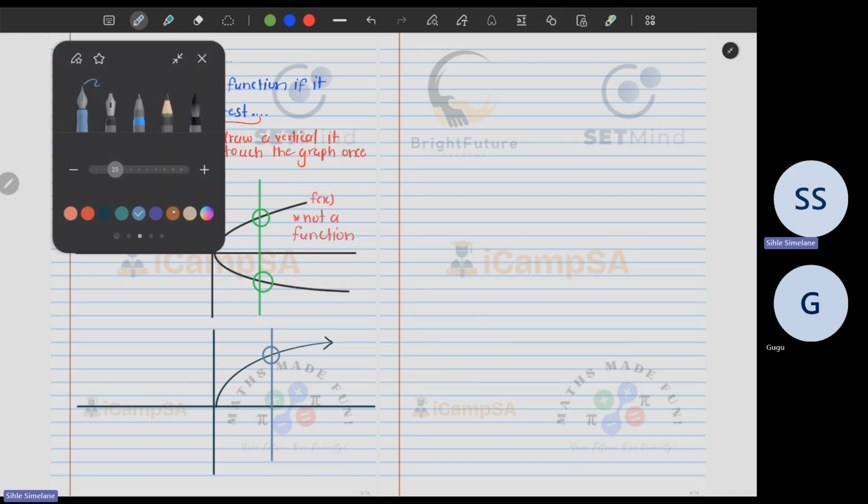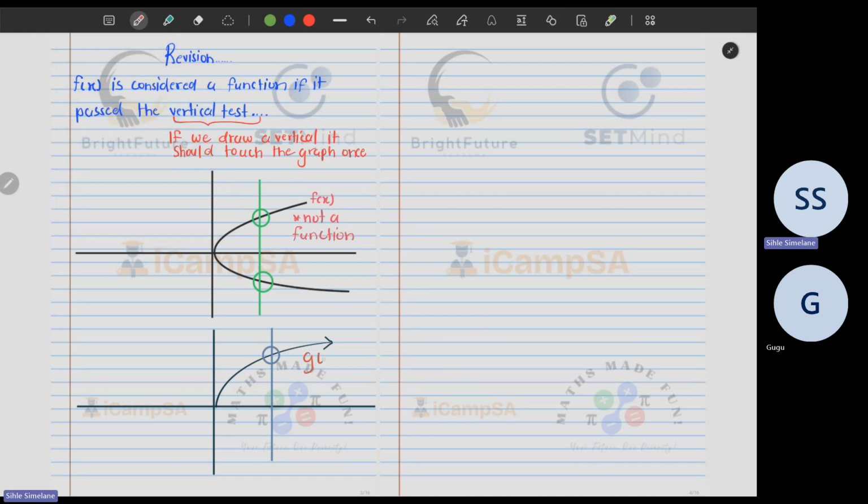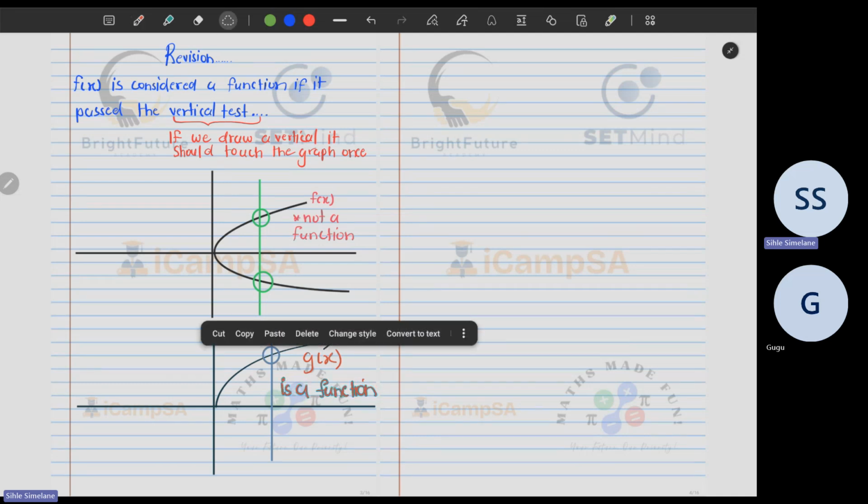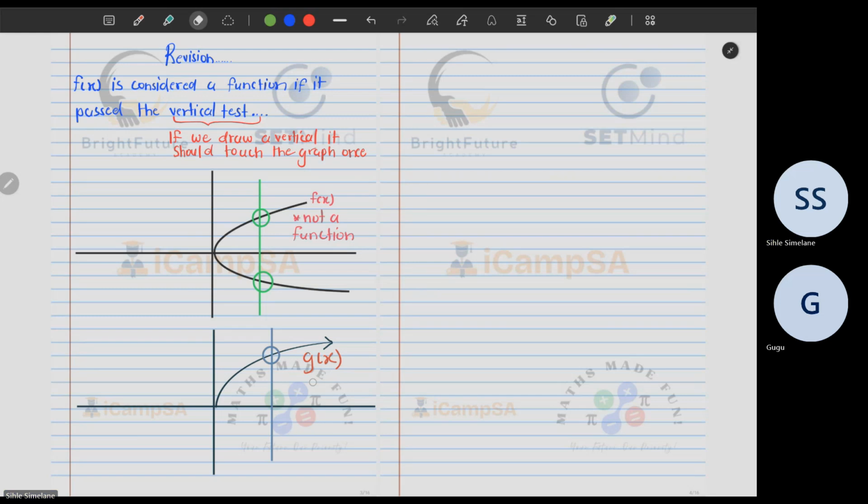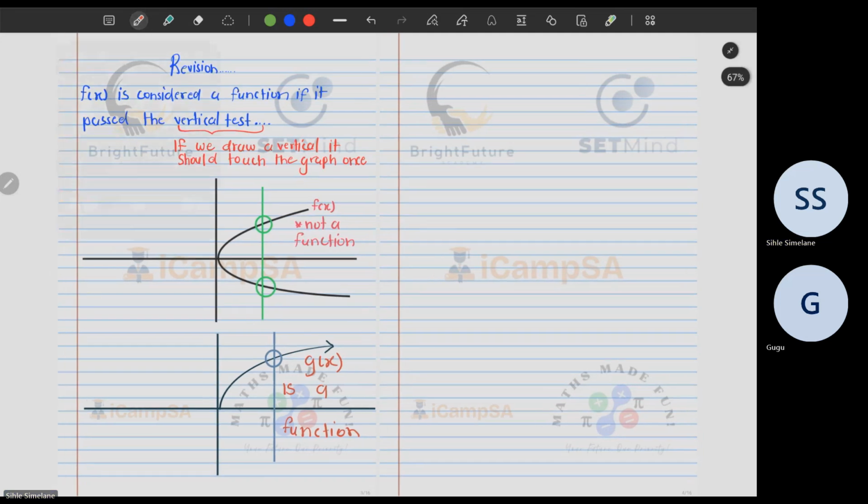So what we have here, which we can call g of x, this one here is a function because it passes the vertical line test. When we draw a vertical line, it only crosses this graph only once. So let me quickly fix something here. So that g of x is a function. So now the question which we need to answer is, how do we restrict this such that this happens here? And also, maybe the last sketch,